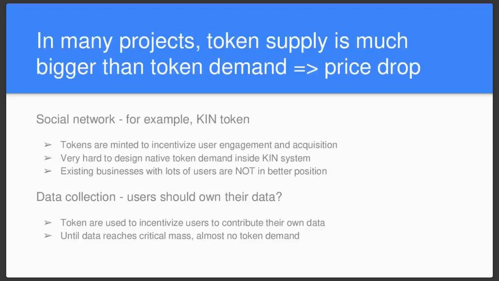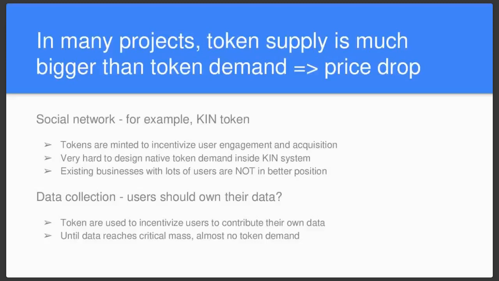The reason is that for users to contribute data, you have to give them incentives. Just because users should own their data doesn't mean they will give you data. So the best way to do it is to give them incentives. And people say, oh yeah, it's easy, we just give them tokens, so they're going to contribute their own data. Yes, if the token is worth something, of course users are willing to say, oh, I'm earning some money and I can't make any use of my data anyway, so I'll just contribute. But the problem with this type of project is that